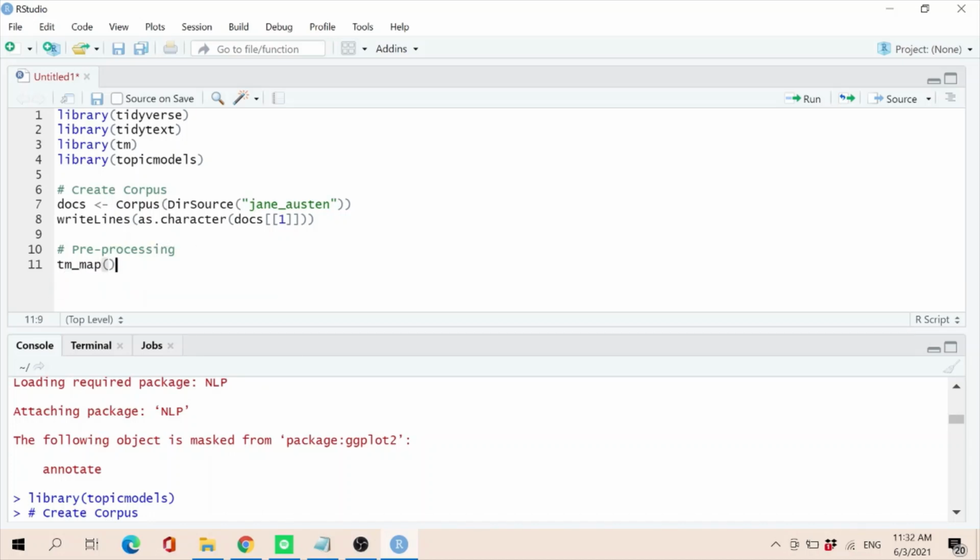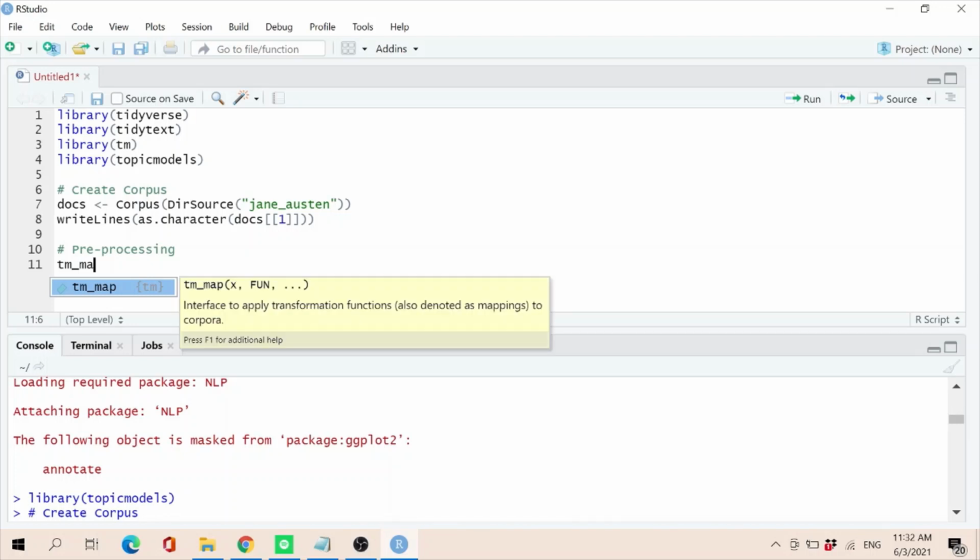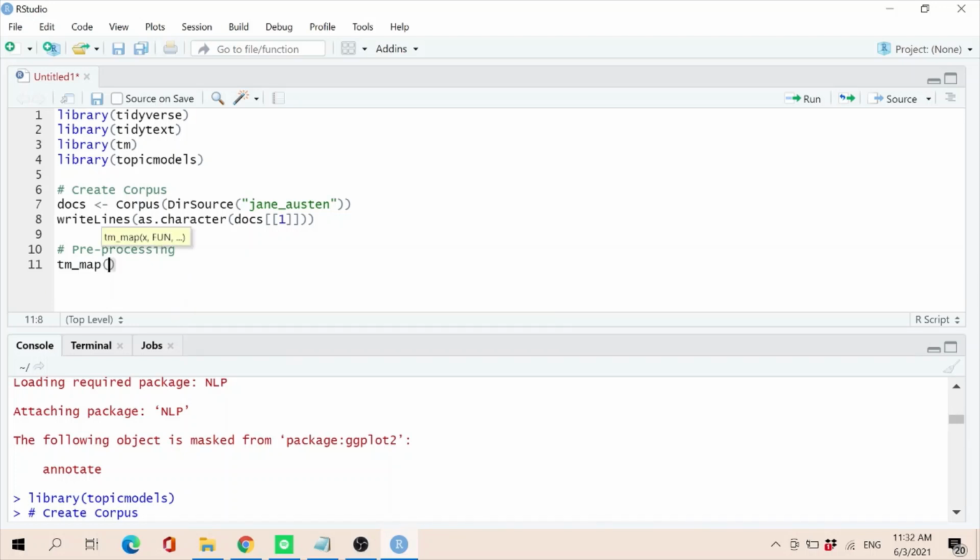If I'm not mistaken, this tm_map is a function under the tm package. The first argument is docs, meaning the corpus that we're going to work on, and the second argument is the function, or the pre-processing step, that we're going to apply on the strings or the words inside this docs